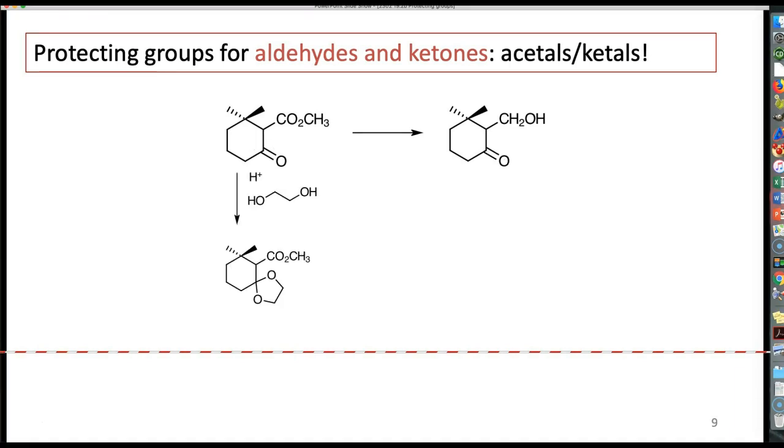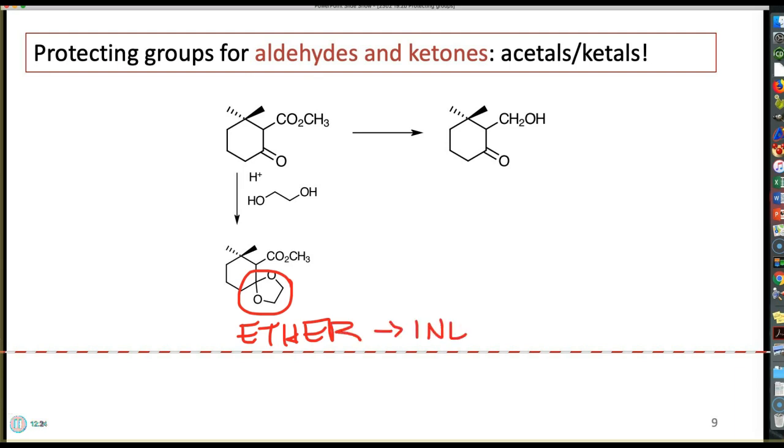So great protecting groups are Chapter 18 chemistry, making acetals out of your ketone. Because just like the tetrahydropyranyl ether, this is basically an ether, right? It's a diether. And ethers are inert to anything basic or nucleophilic. So once I've made my protected ketone, once I've made my acetal, now I can add